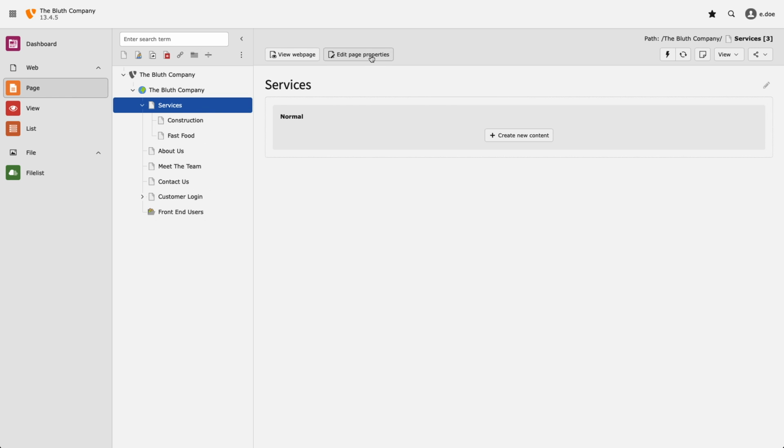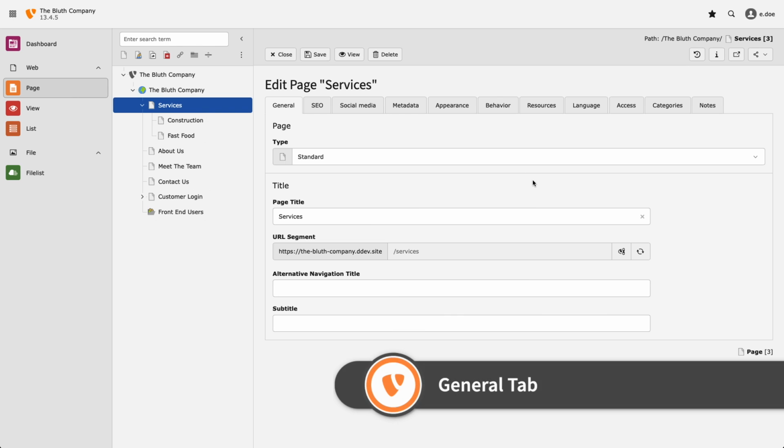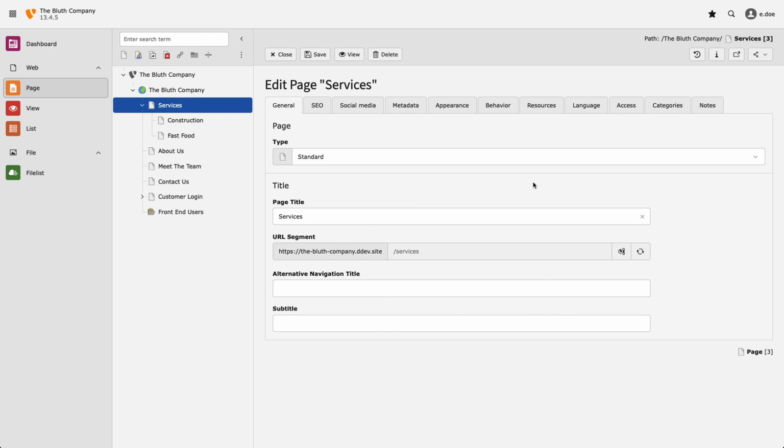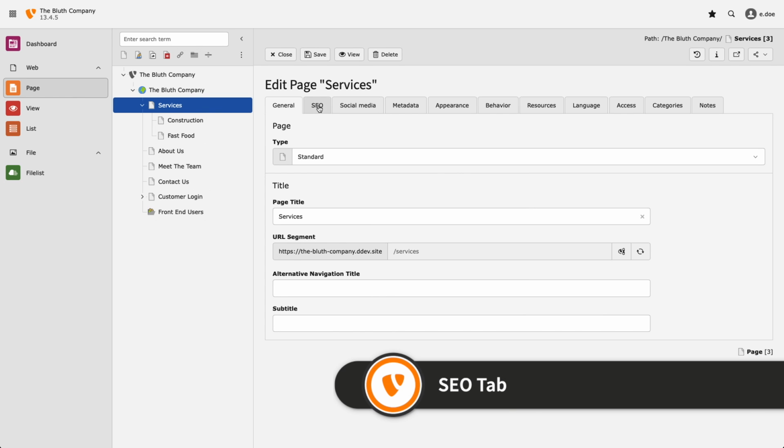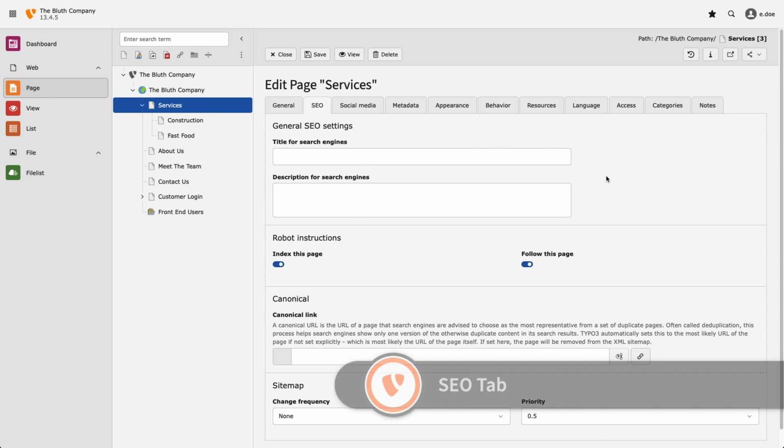So let's make a start by selecting a page in our page tree and then selecting Edit Page Properties. Starting with the General tab, from here we can set a page title and preview our URL segment. If I want the URL for this page to differ from the page title, I can also change that property here. In the SEO tab, we can set a title for search engines, and we can also set a description